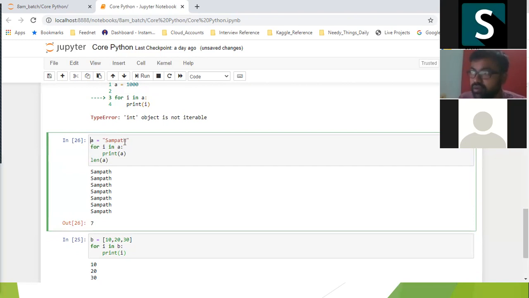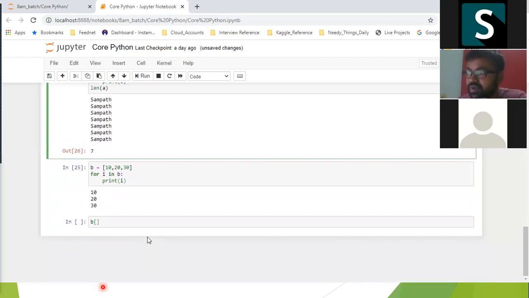Okay, so don't worry about this one. We need to see, I'll show you this one. I'm just showing the difference between mutable and immutable objects.